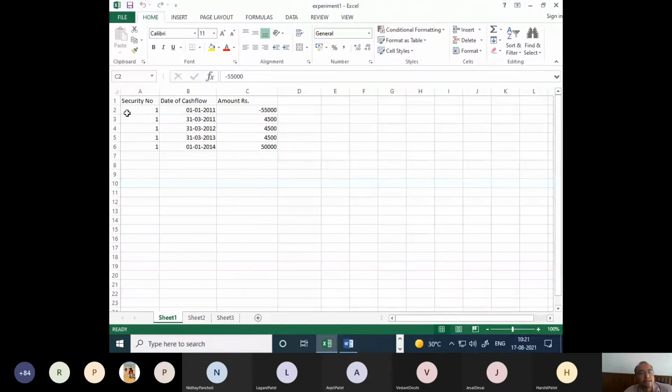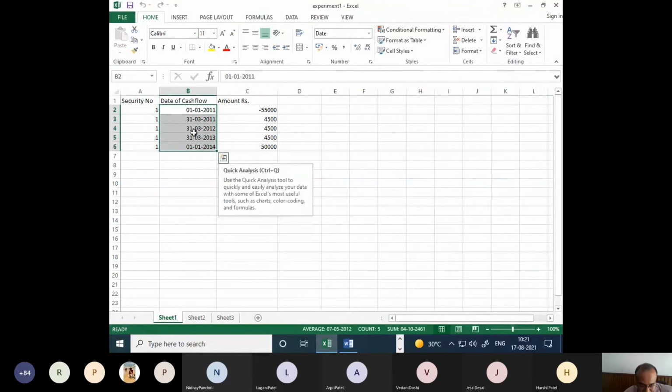So this is my Excel file. It is a very simple file. In sheet number 1 it contains a security number and the date of cash flow. When I entered this data, remember, you right click and set the format to date.